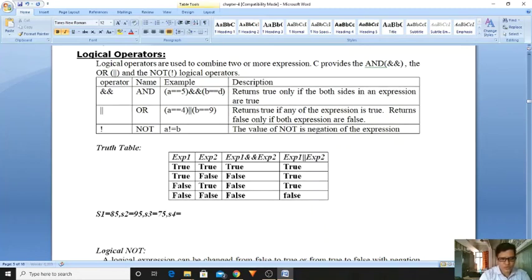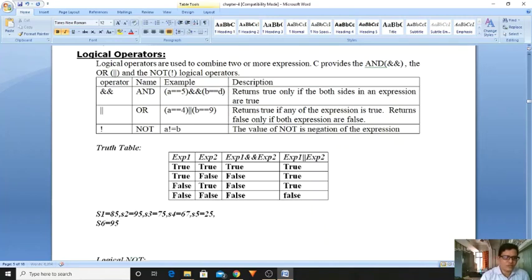S4 is your mark. How many subjects do you have? Maybe 4 to 6, right? Let me take 6 subjects. I am treating S4 as 67, S5 as 25, just for our understanding purpose, don't feel bad, and S6 as 95.